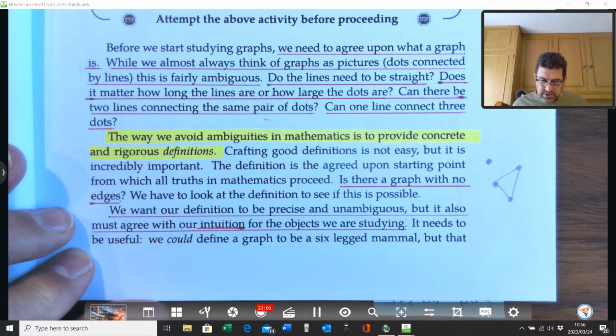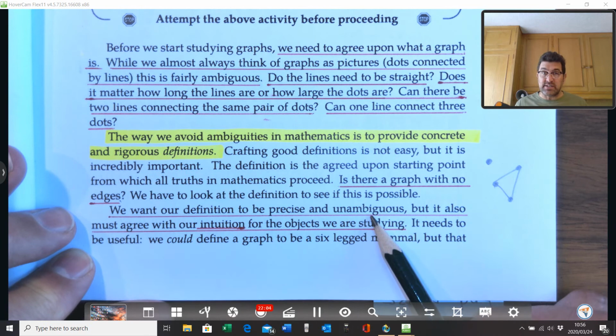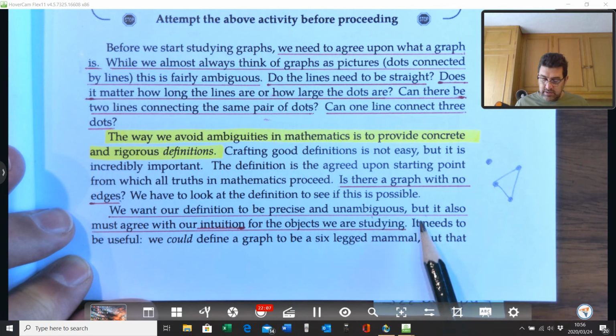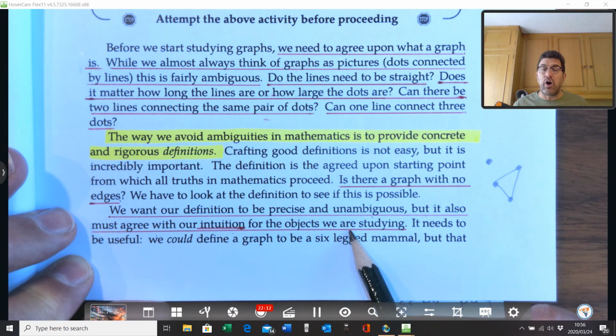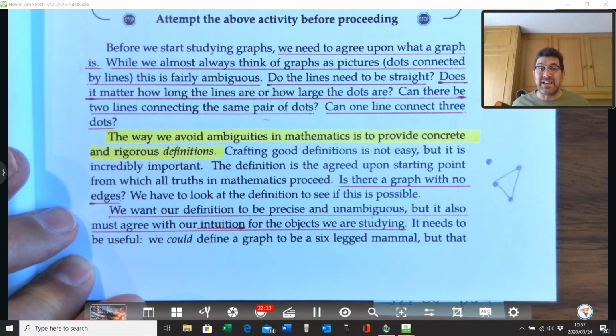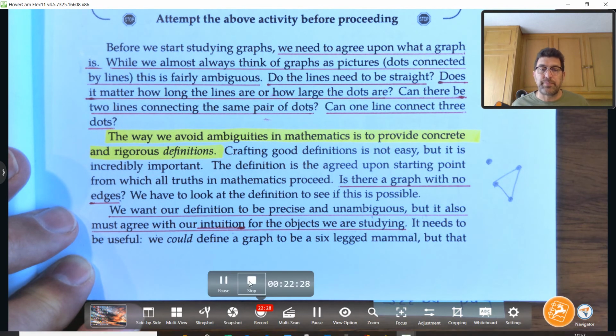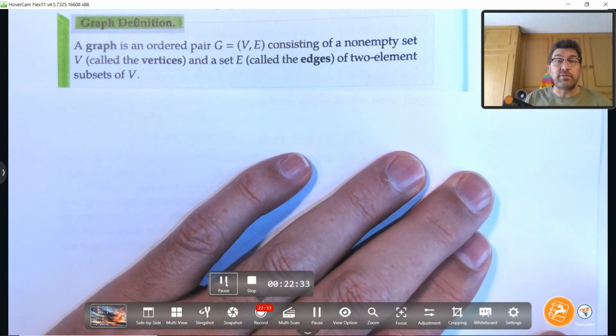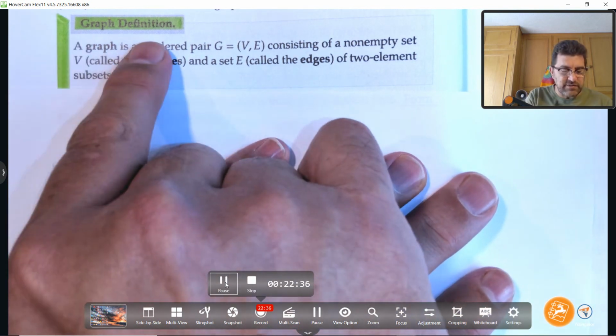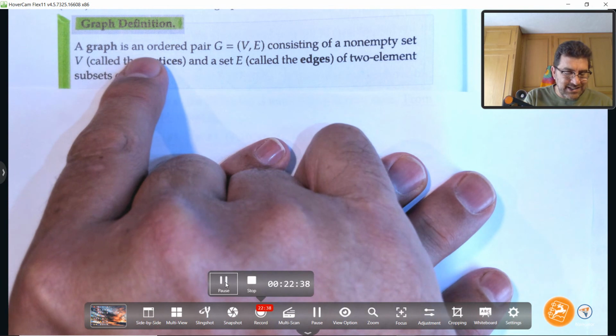We want our definitions to be precise and unambiguous. Very important. But it also must agree with our intuitions for the objects that we are studying. So we're going to rely on that, folks. That's big in mathematics, relying on your intuition about something and then finding out, is that something indeed true? Okay, folks, we're ready to now define what a graph is. Let's read what he says. The graph definition. A graph is an ordered pair